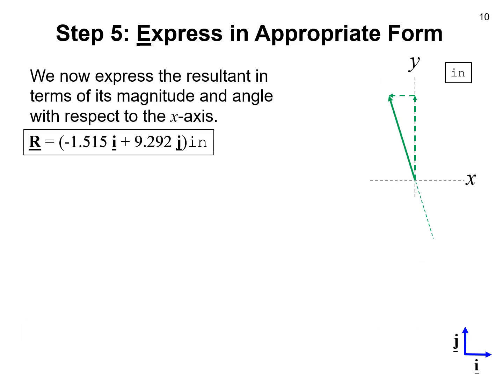So let's move to the next step. E is for express. Express the answer in the appropriate form. Now, the resultant that we have already is given in Cartesian form with i and j. That was the first part of our question. So we have already answered the first part of the question. But the second part of the question said express the answer in terms of its magnitude and angle relative to